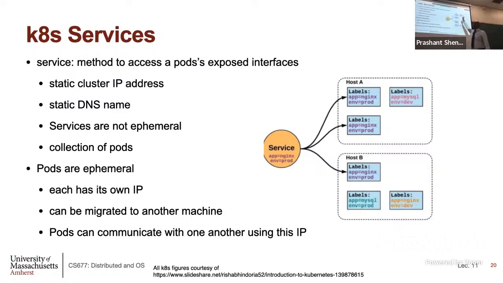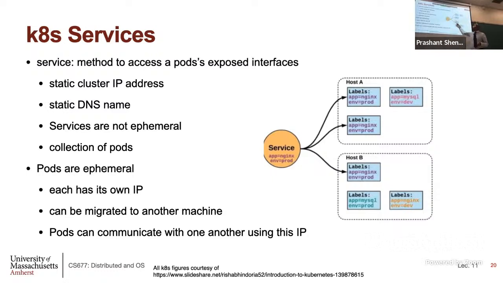Pods have their internal IP addresses that I showed you in the previous slide. Those are not exposed to the outside. Requests come to a service, for an application. The service will then forward it to the right pod and the right container for processing. A service is essentially a way you're going to expose your application to the outside world. It will get a static IP address. Services are not ephemeral, which means that they are going to be persistent. But pods could be ephemeral.